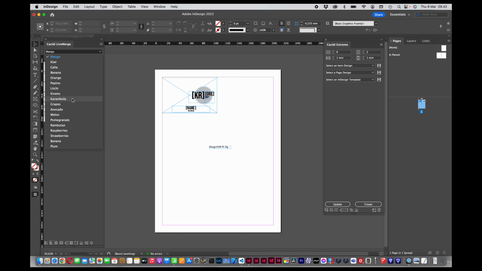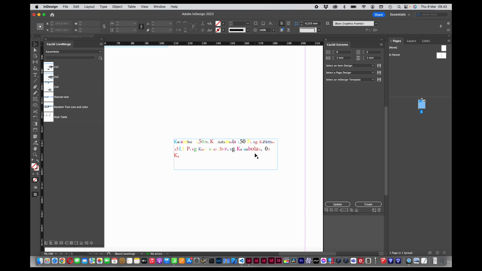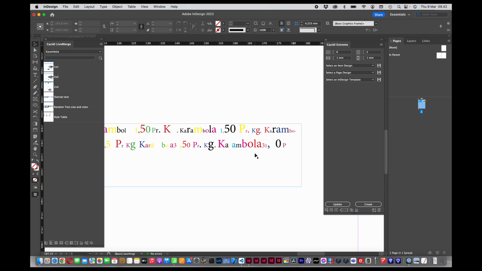But if I take one of the products that are using more characters, it will mark the text as overset because it can't fit within the frame. Let's take another example, like random text and colors. If I just take a look at the snippet design itself, I've just repeated the text over and over again to get a little bit more text. But normally, if I hadn't applied a script to it, it would be normal text. If I drag this on out, it will actually give us a random font size and also a random color